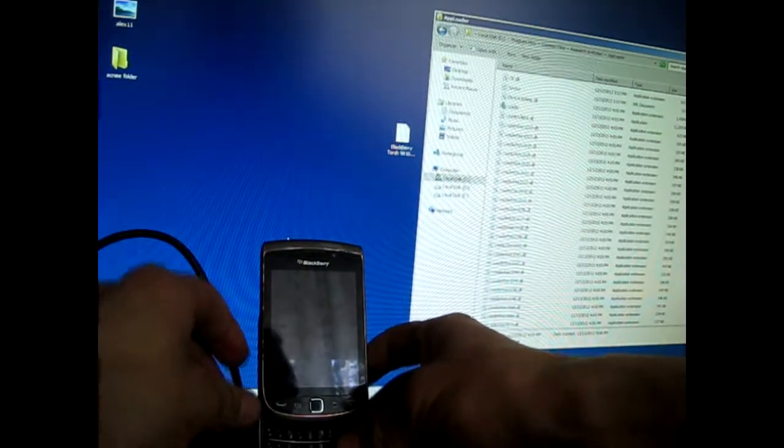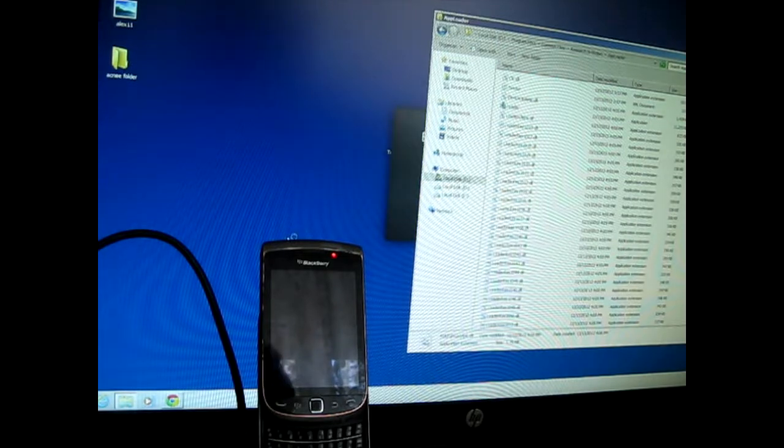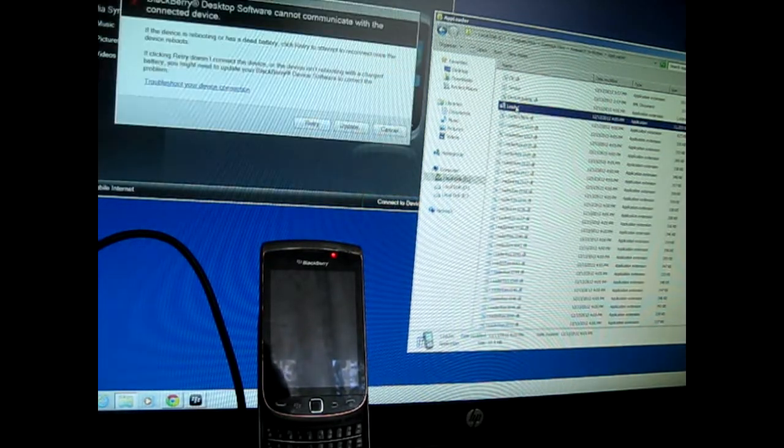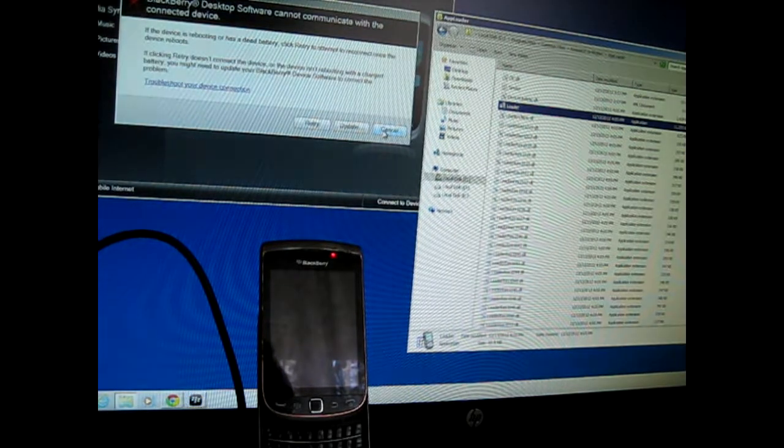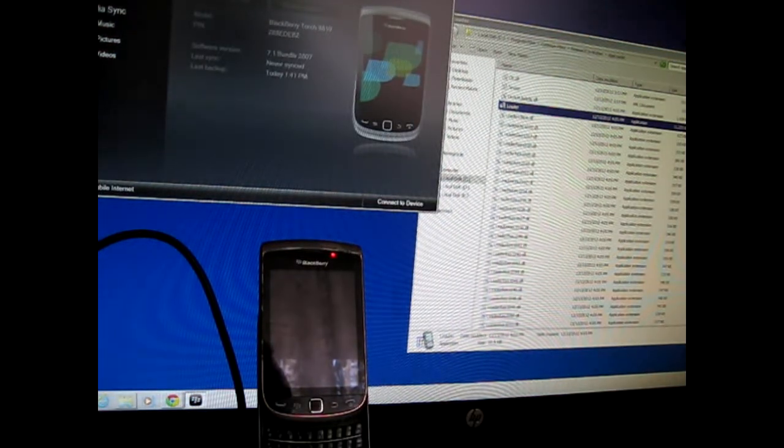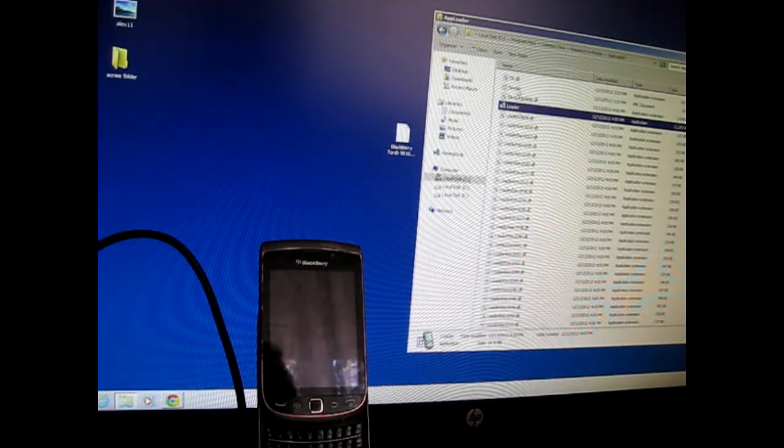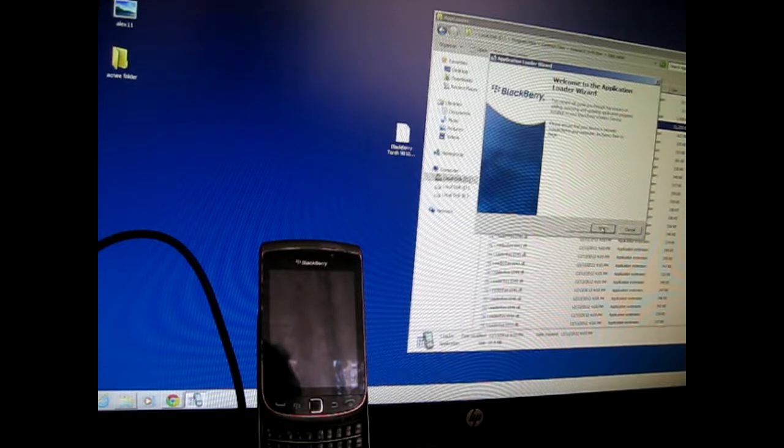you connect your device to your computer. Okay, and then on this application loader, okay, this is just annoying here. Okay, I'm just gonna close it. Just double click on application loader,